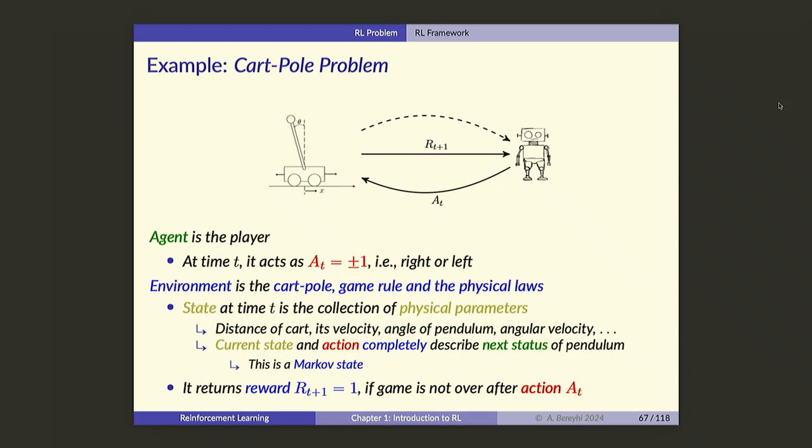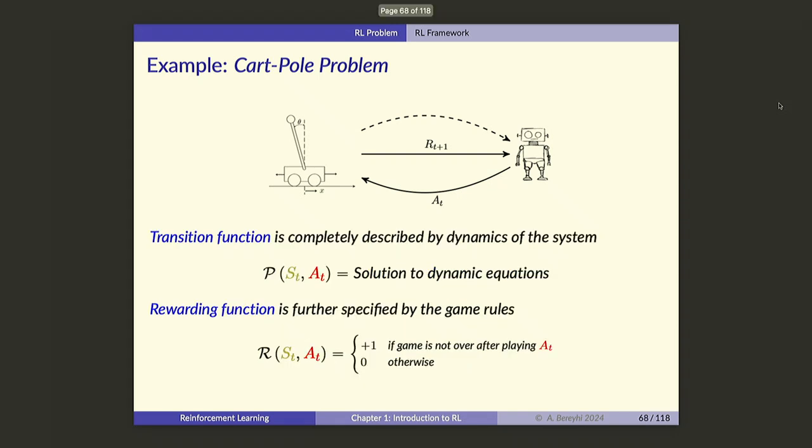And the return every time is going to be 1 as long as you're not violating those limits. If you violate the limits, then it's going to be 0, right? And you again want to maximize your reward. You want to keep playing as much as you could, meaning each time you want to get reward 1, you don't want to fall into reward 0, right? Okay, so that is again kind of